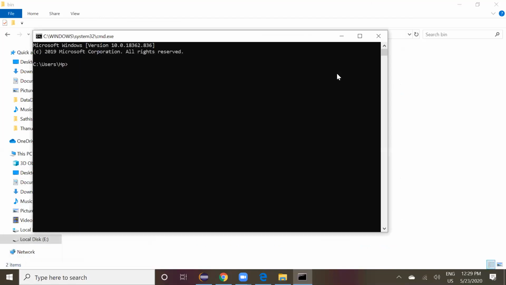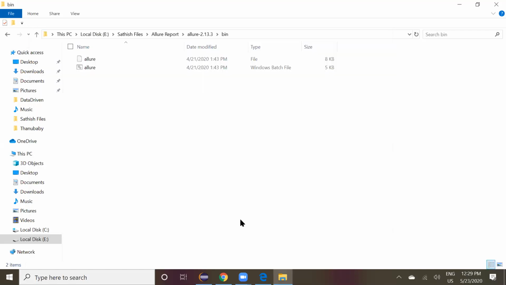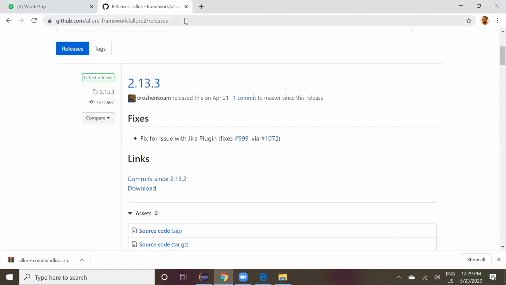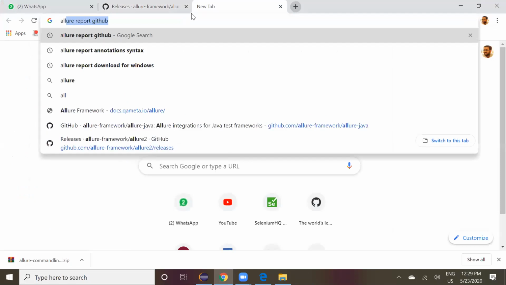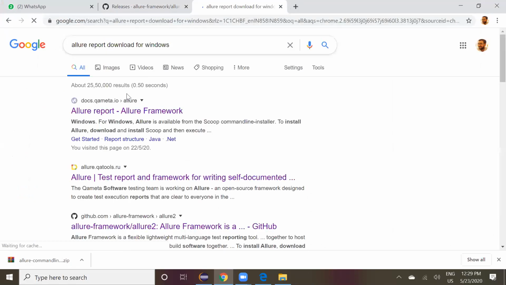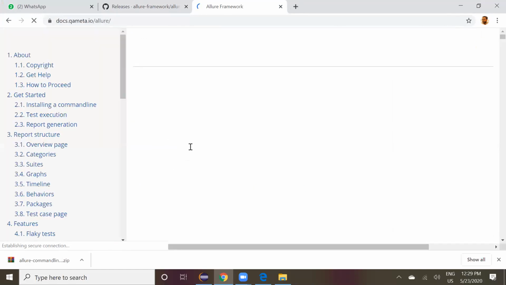Joshi sir, we need to download the bat file only for Allure report. There is no library for that. There are some 2-3 ways. You can download in command prompt, and you can download through Scoop also. Can you go to that URL and show them? I explored one way, and I have not tried the other way. Go to that and download.